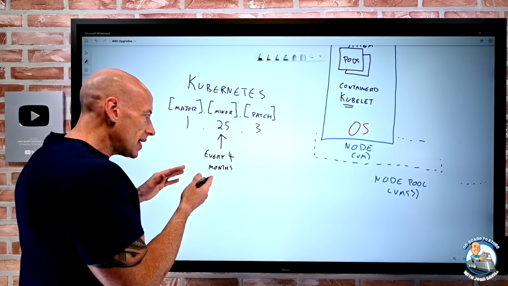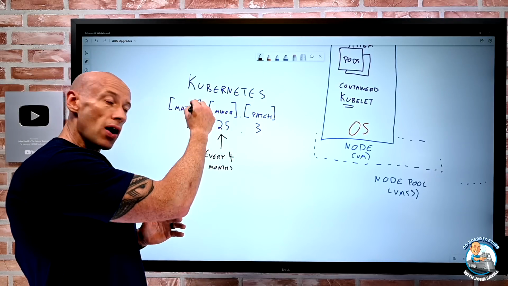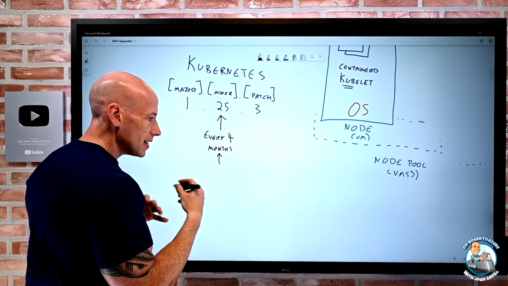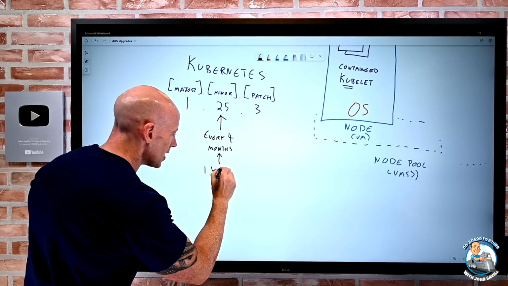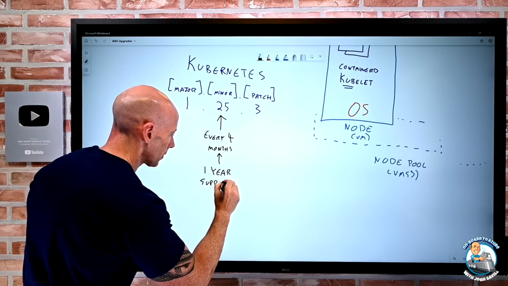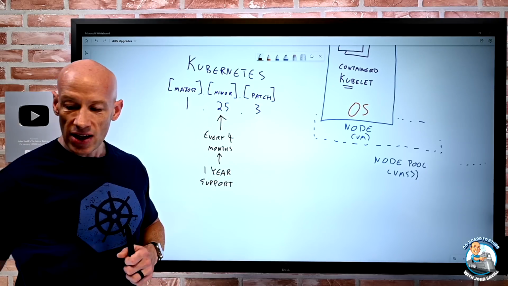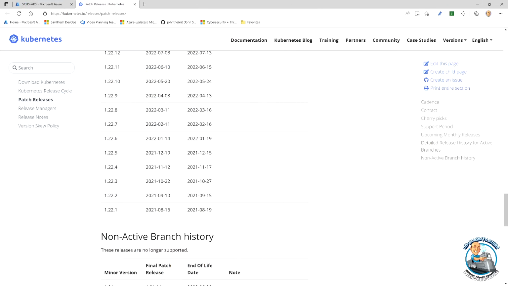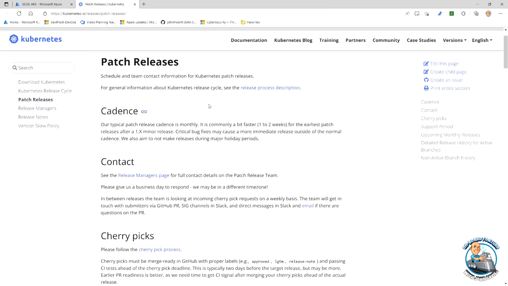And what's happening is each version of that is basically 1 year of support. And once again, we could see that on that same document. So when it talks about the versions, we can see all the way up at the top,